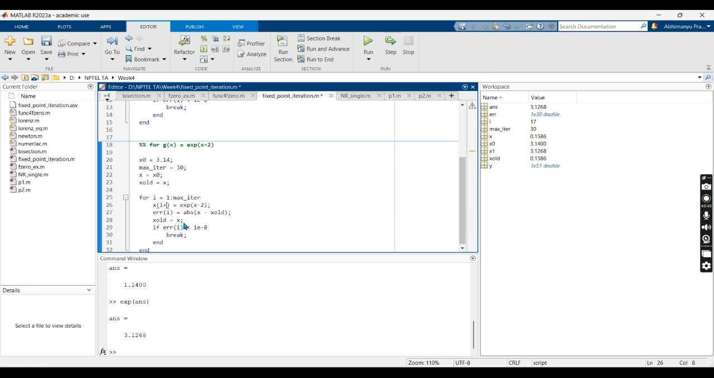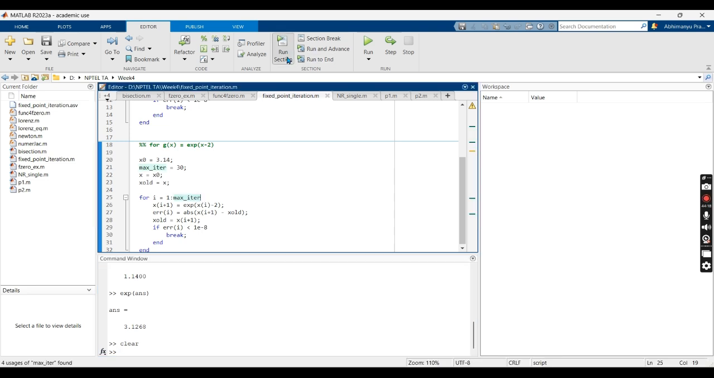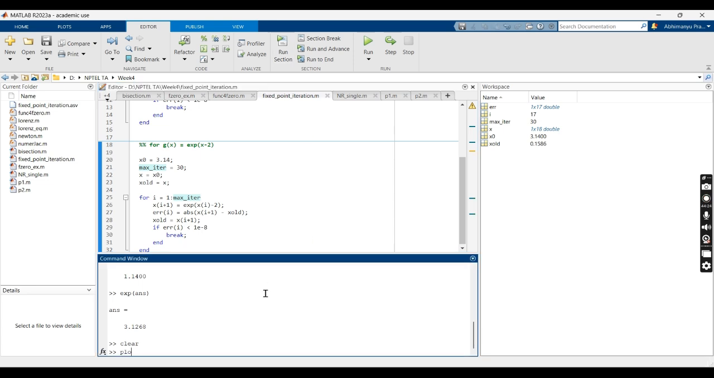Let us try to store x also. So I will store it in i plus 1. Here I will just use xi minus i plus 1. This should be my i, no, i plus 1. Yeah, clear. Okay. So now if I try to plot